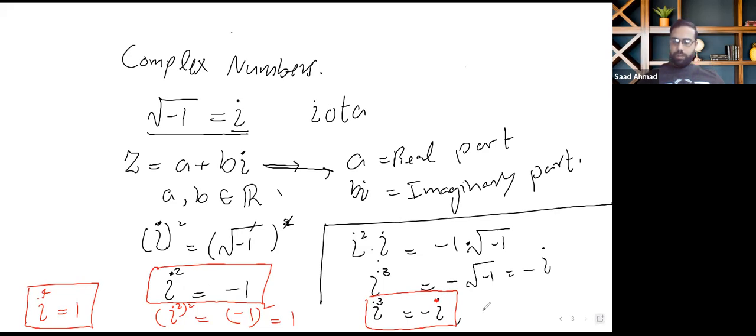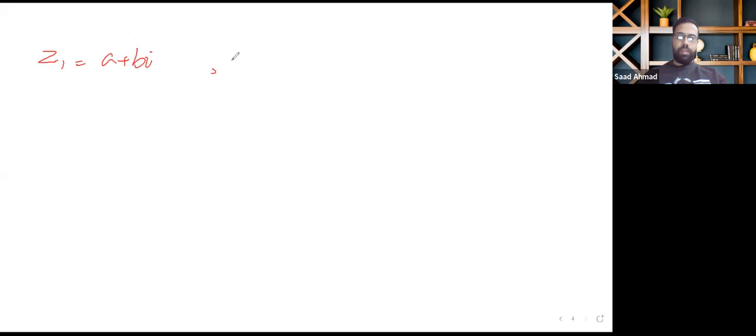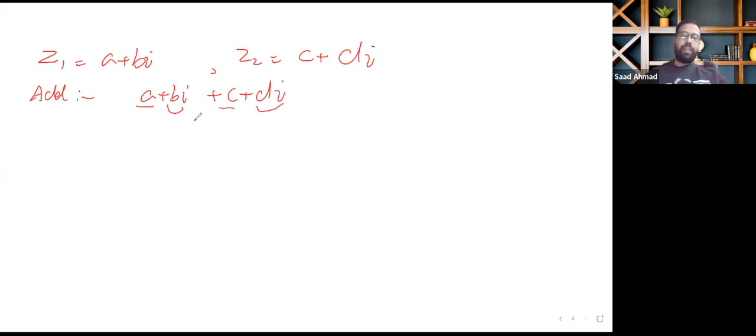Then we can add them, multiply them, divide them, just like normal numbers. Let's say we have a complex number z1 equals a plus bi, and a complex number z2 equals c plus di. We want to add them: a plus bi plus c plus di. The i terms will add up, and the numbers without i will add up. So it will be a plus c plus